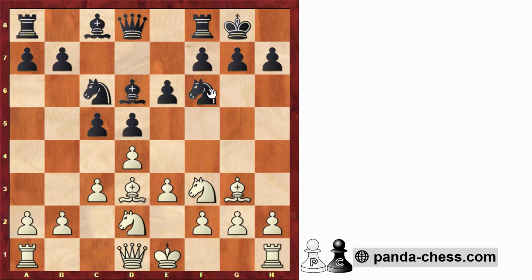Another idea that black might try is to go b6. This is a very natural move, trying to develop the bishop on c8, which is locked in, and here we're gonna play the very interesting move e4. Now this position should not lead to an advantage for white, but black has to find the very weird move here, bishop to e7. So white's idea was to go e5, forking the bishop and the knight, so bishop to e7 anticipates this idea, and here we have a complicated but